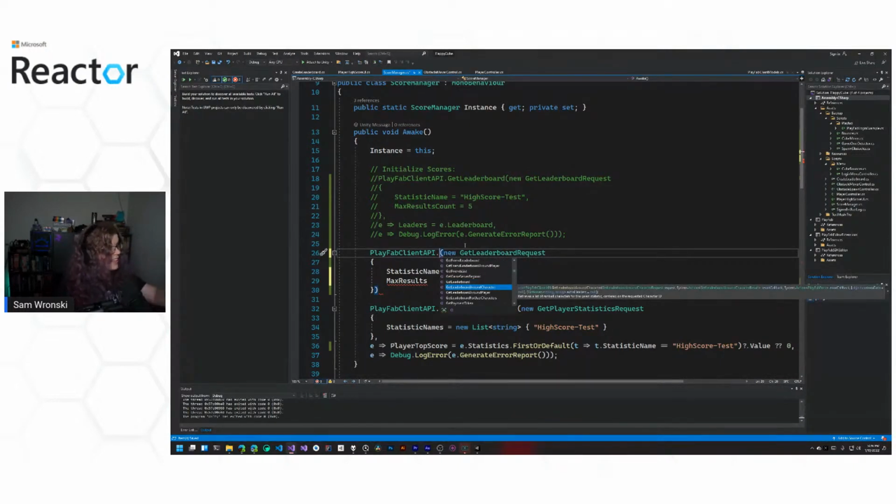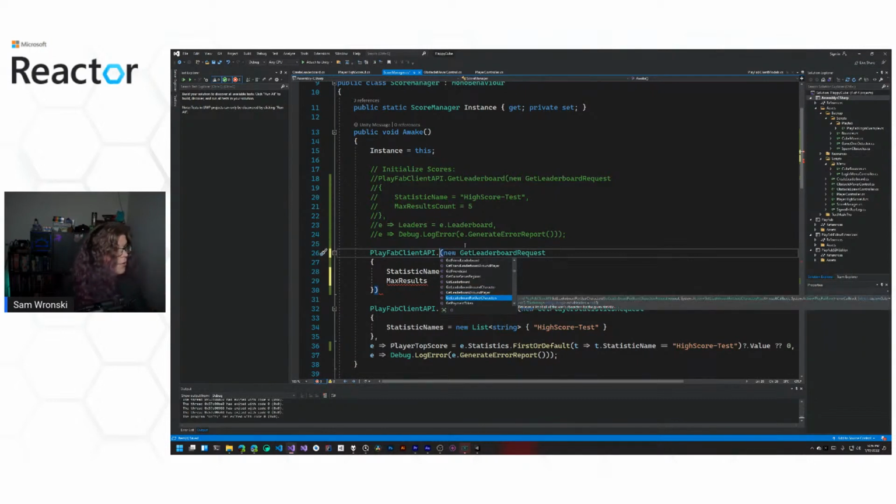But you can get leaderboard, or you can get leaderboard around player, or for a character, or for user characters. So you can find a leaderboard specifically around a specific player. This gives you a way to find local high scores, like who's your rival, who's getting scores just above you, who you might want to be trying to beat.